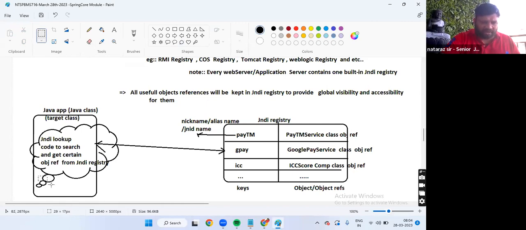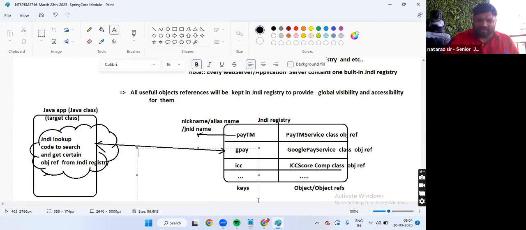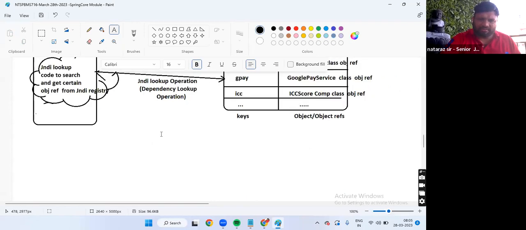Is it not interesting? Okay, guys. This entire activity, we can call it a JNDI lookup operation. In normal English, can we call it a dependency lookup operation? Yes, na boss?